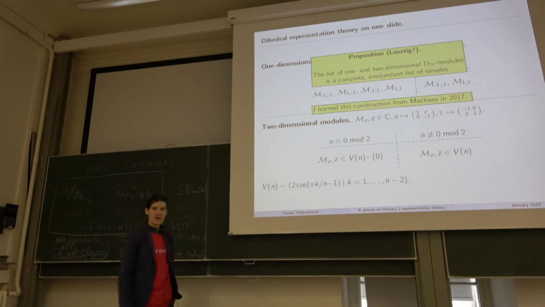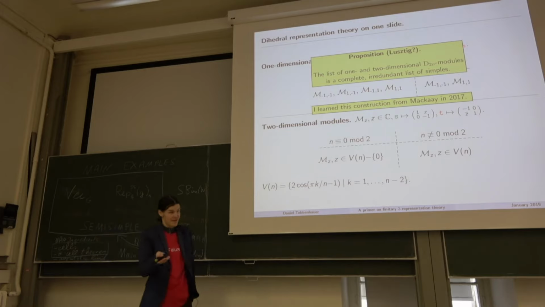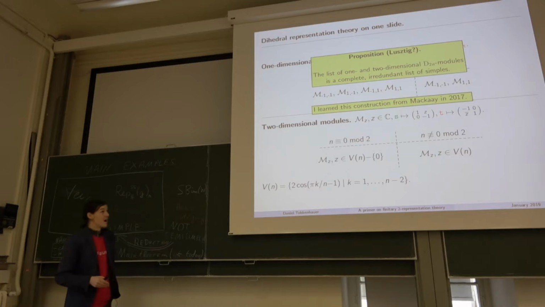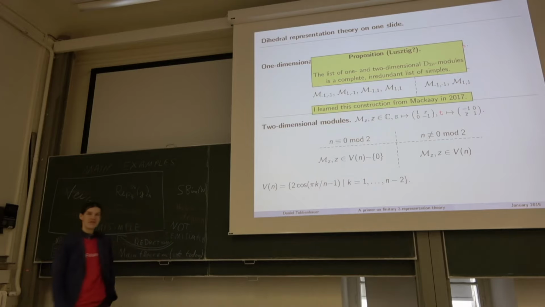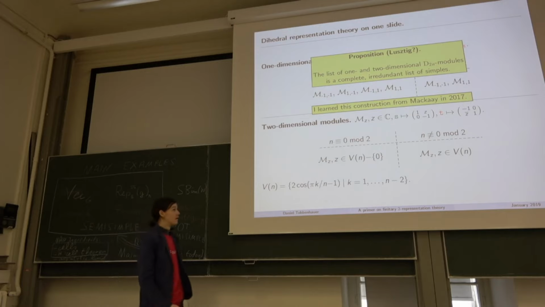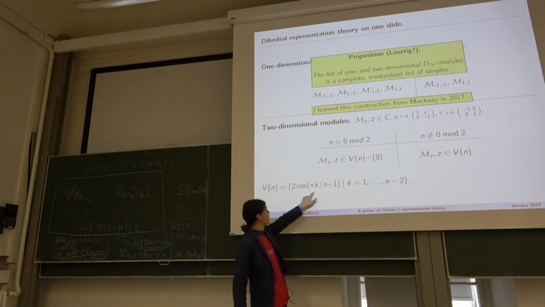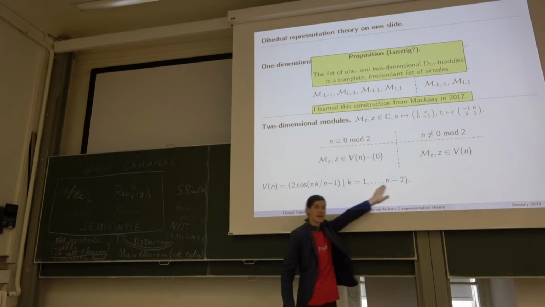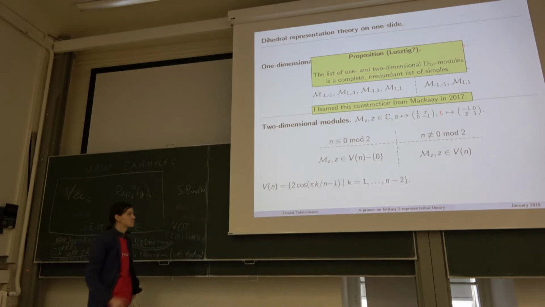And the proposition, which I don't know in this formulation, is certainly known to Lusztig, but it's representation theory of the dihedral group, so this is ancient. The proposition is then: this is a complete list of simple representations. So only one- and two-dimensional ones. This is what I want to stress. Only one- and two-dimensional ones, but their number grows because here you see the dependence on n. The more n you have, the more of those angles you will see, and the number of two-dimensional ones will grow.